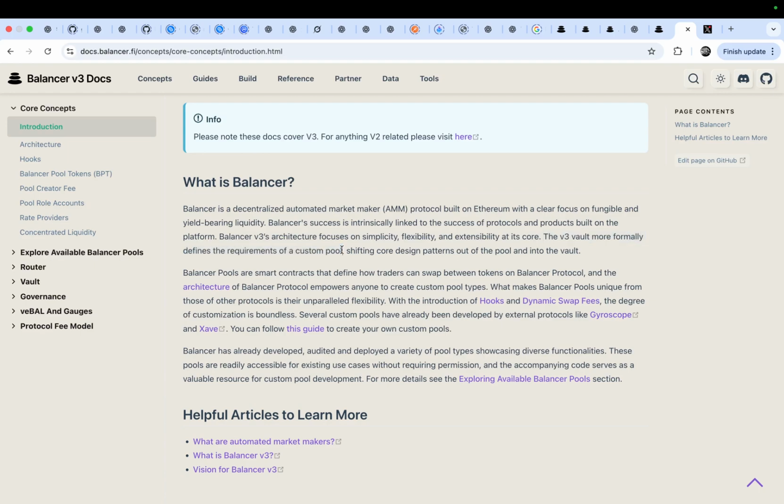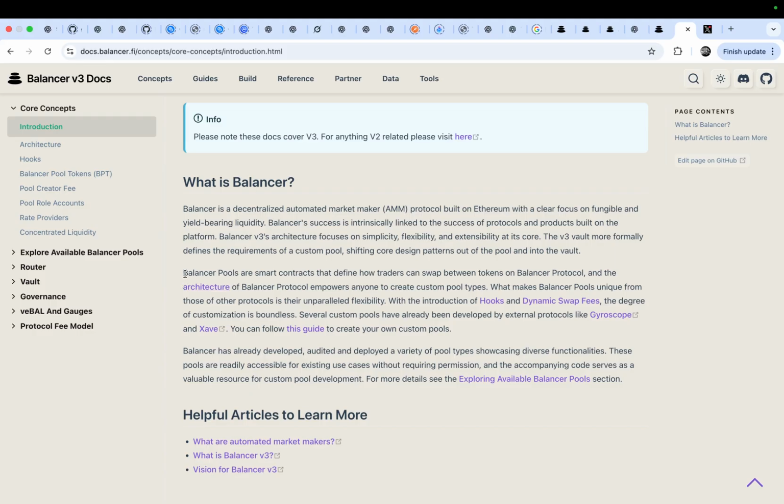So the flexibility makes the pool more customizable. If you are a developer, you can modify the protocol, shifting the core design pattern out of the pool into the vault.